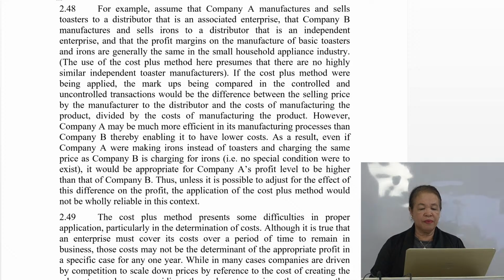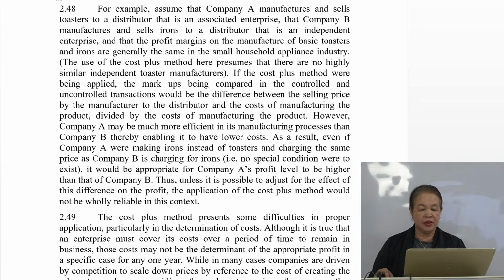No? So, however, company A may be much more efficient in its manufacturing processes than company B, thereby enabling it to have lower costs. So, in this example, the difference lies in the efficient manufacturing process. As a result, even if company A were making irons instead of toasters and charging the same price as company B is charging for irons, no special condition were to exist, it would be appropriate for company A's profit level to be higher than that of company B. Bakit? Because nga maganda yung kanyang